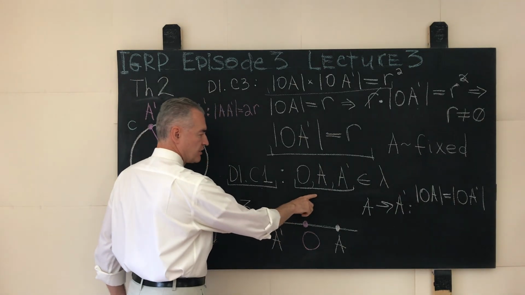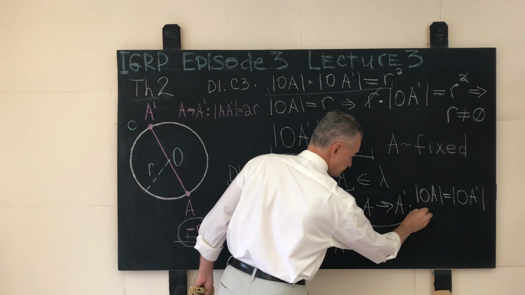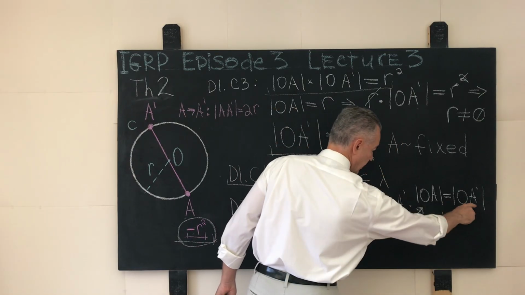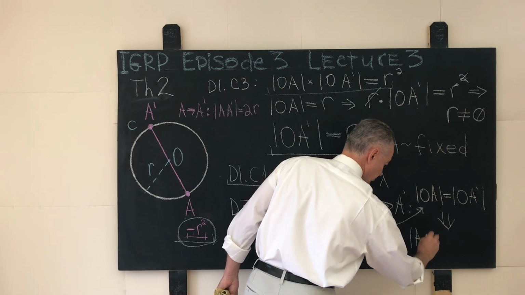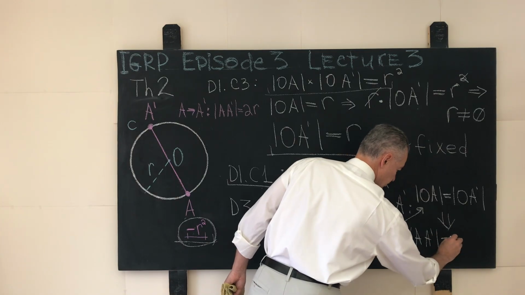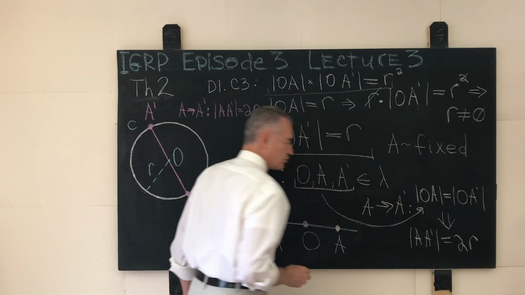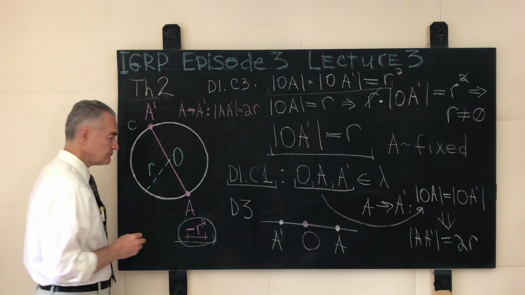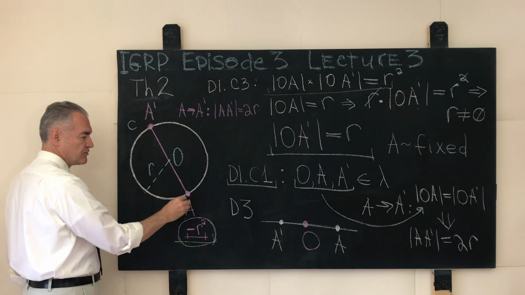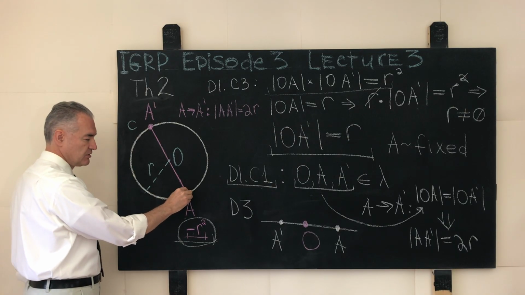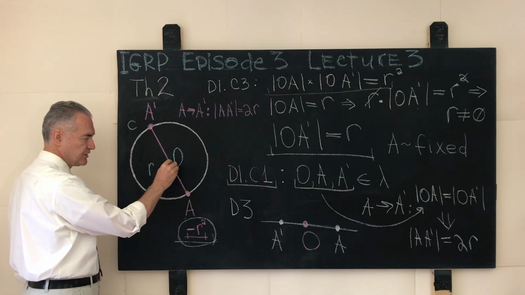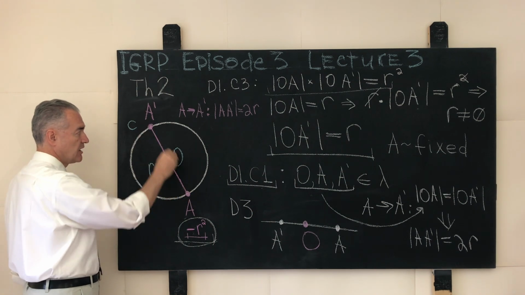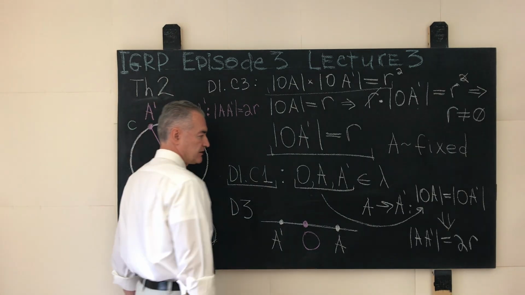Combining this fact with definition 1, condition 1, plus this means that the point A prime is such that the distance between the pre-image point and the image point is precisely the diameter of the circle of inversion, or twice the length of the radius of inversion, and that can happen only when the point A prime, the image of the original point, is diametrically opposite from the point A. In other words, in this case, the center of inversion is contained by the straight line A A prime, and that completes